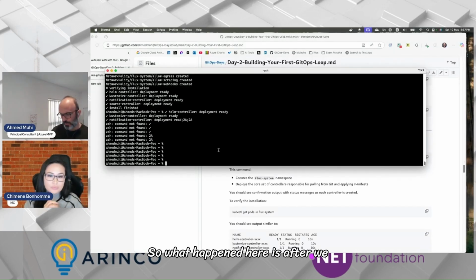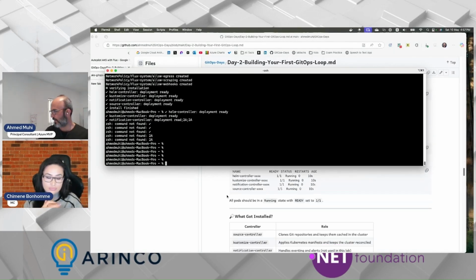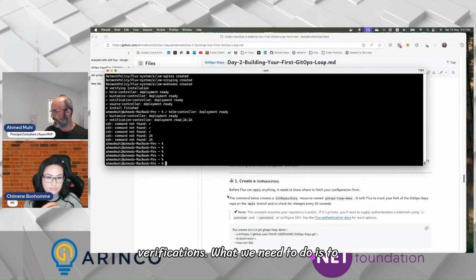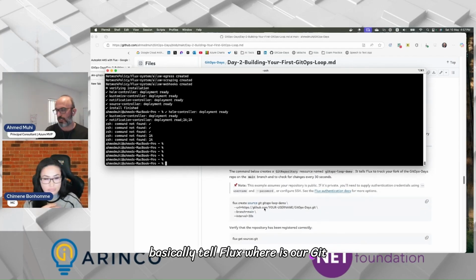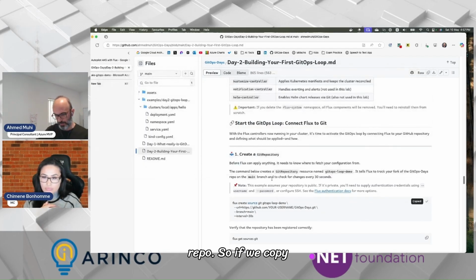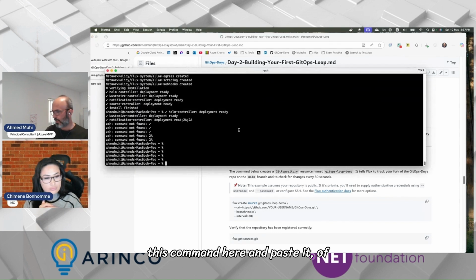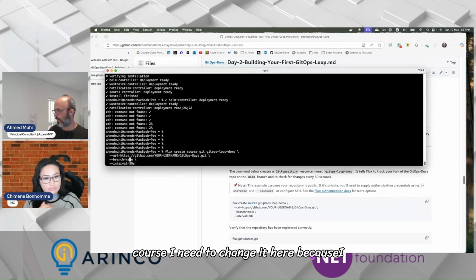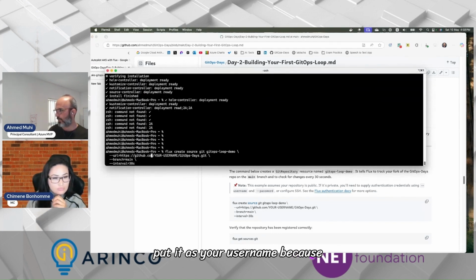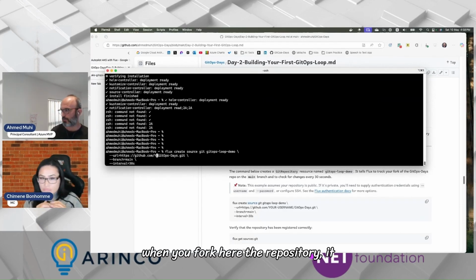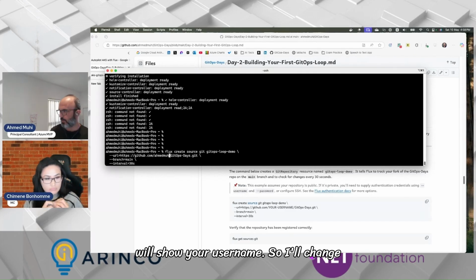So after we install Flux, I'll skip the verifications. What we need to do is tell Flux where our Git repo is. If we copy this command here and paste it, of course I need to change it here, because I put in your username, since when you fork your repository it will show your username.